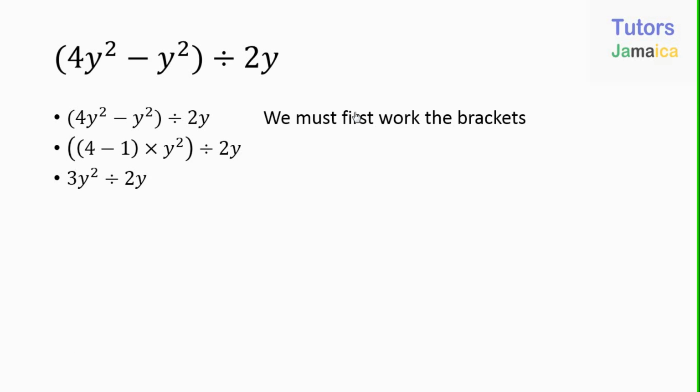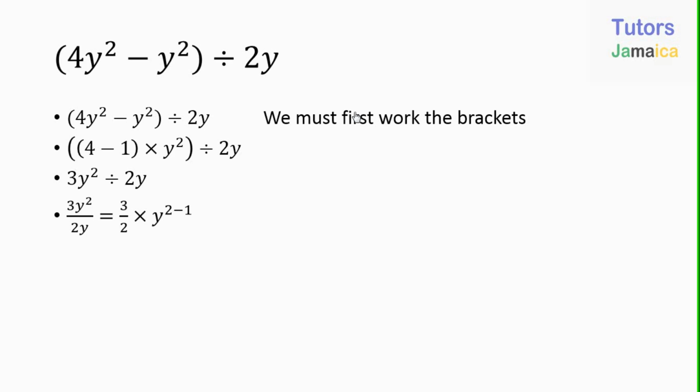So now we can go ahead and do our division, and one of the best ways to look at division is by using fractions, right? So what we end up with is 3y squared over 2y. Now 2 and 3 cannot cancel each other out because they have no common factors, so we're going to keep 3 over 2 as a fraction. We could do 1.5, but we're going to keep 3 over 2